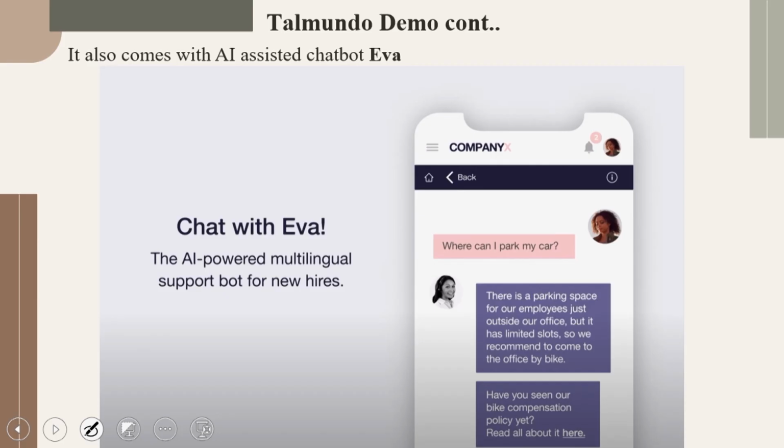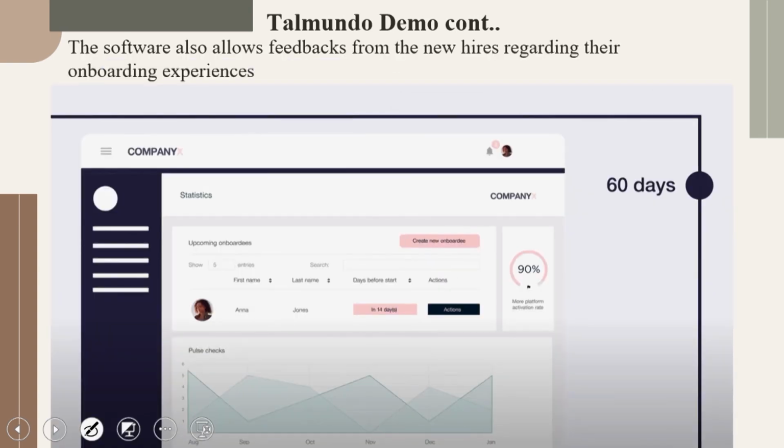Now this is what is critical with respect to these AI assisted chatbots. They are very prompt, they are very transparent, and we see that it also allows feedback from the new hires regarding their onboarding experience. So over the period of time, let's say, what was your experience? That can be detailed here. That will typically give you a lot of inputs, and not only to you but also to the employer, so that can facilitate a creative refurbishment if required, or maybe remodeling of the entire organization if required. So a lot of such positive feedback can add value to the organization in the later part.